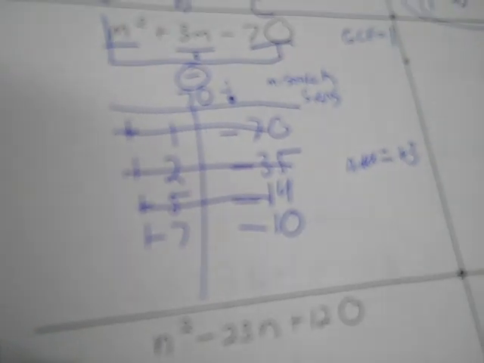Decimal, then go to 4, decimal, go to 5, 5, 14. Add those two together, that ain't 3. You got to be patient, okay? Decimal, after 6 comes 7, 7, 10. Put the 7, then the 10 in that order. Now add those. 7 plus negative 10 is